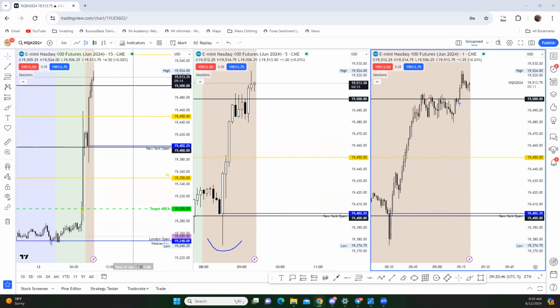Just taking a look here at dollar index, very bearish and having a hard time closing above that 104.50 level with those equal lows right at the 104 key level. So the likelihood of them getting there is still pretty good, I think.